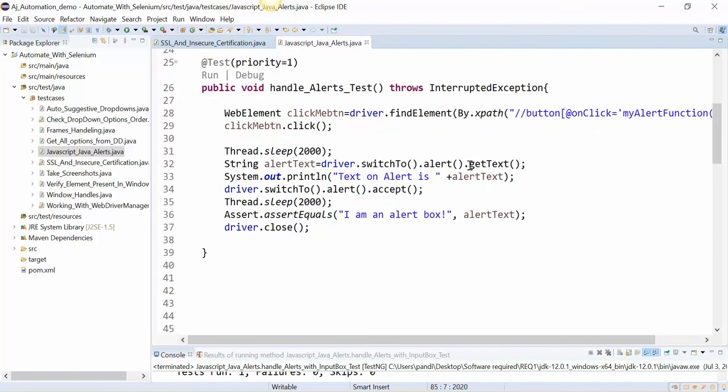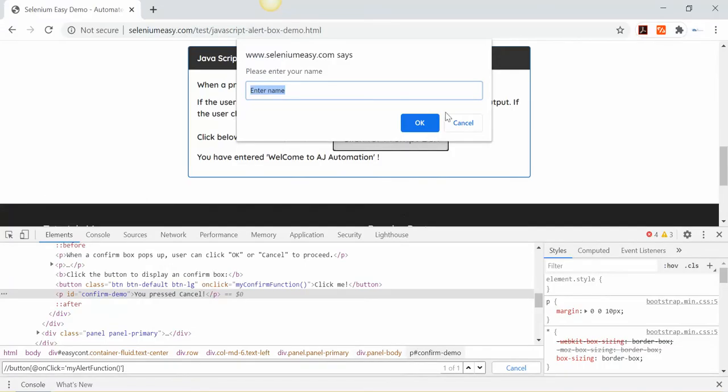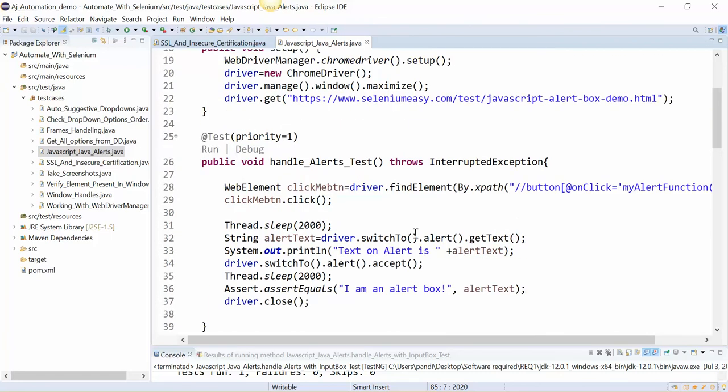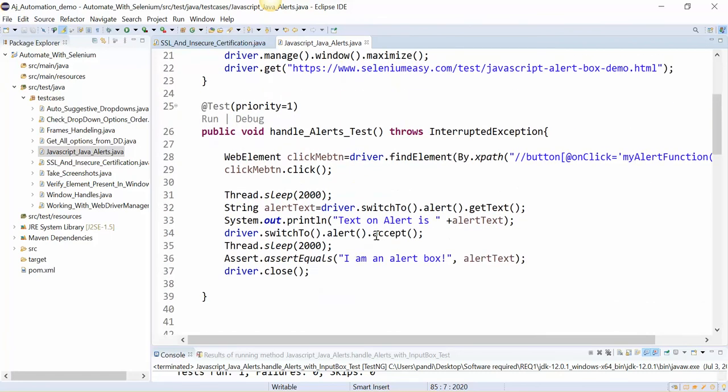Your alert can have the yes button or no button, or it can have cancel also. So accordingly, but the method will be the same. Clicking on OK or yes, that will be the accept. Clicking on cancel, we have the dismiss method.